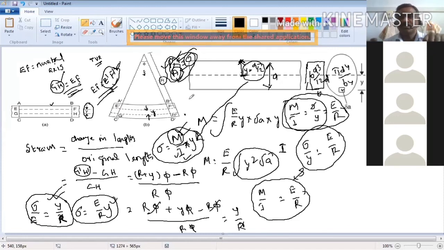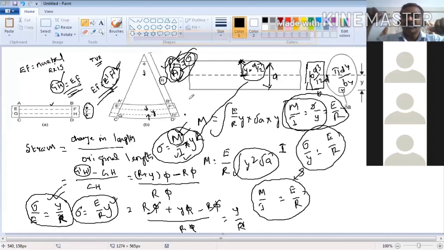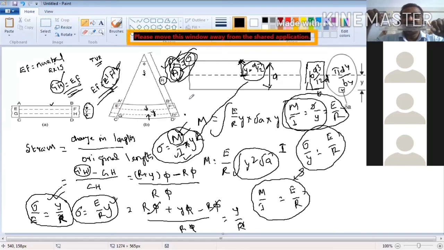This is one point. Another point is, if you keep the scale like this, when you apply the load, the deflection is more. Same load. And you keep the scale like this, now the deflection is not too much. Cross section area remains the same, whatever way you keep it. But when you keep it like this, it bends more. When you keep it like this, it is not bending.